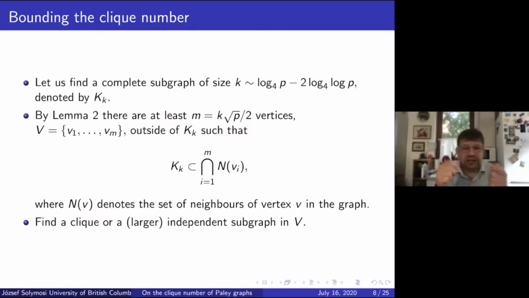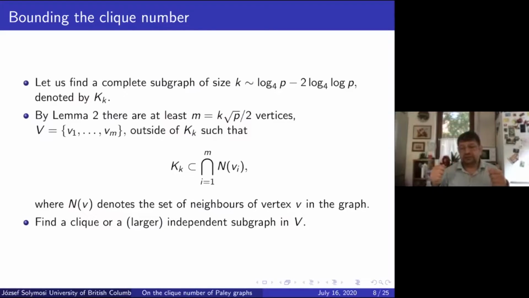See, now we can just gain, because the k is almost as large as what we were able to do with regular graphs, and now we still have this root p-sized set where every vertex is connected to every vertex